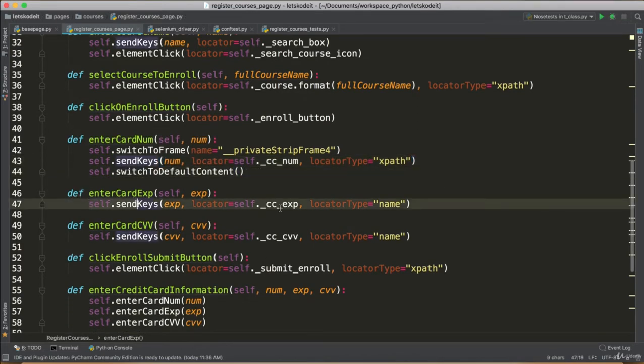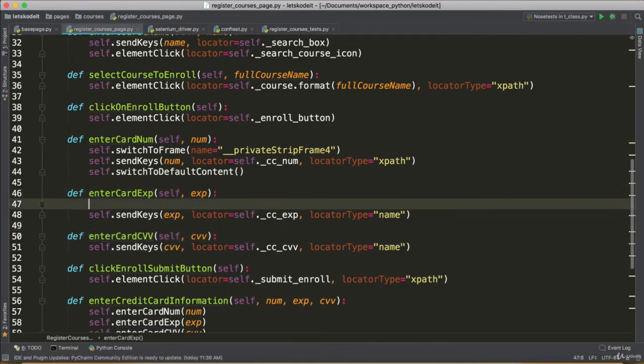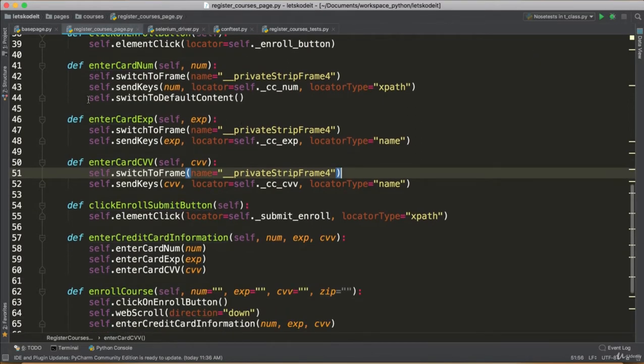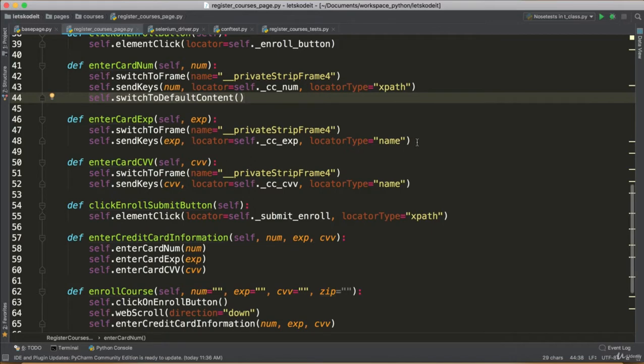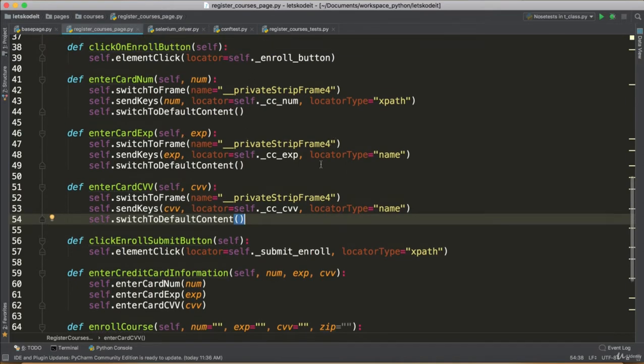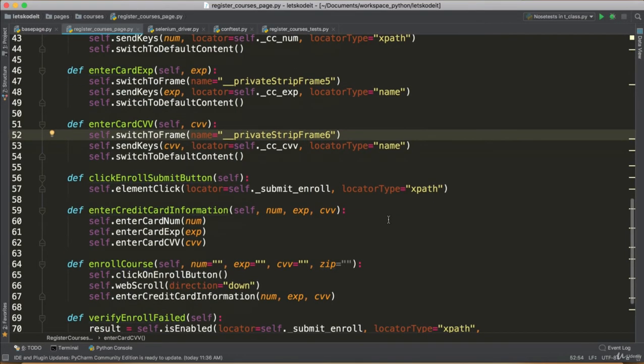Now the same thing here, instead of the ID, I'm using the name for expiration date and the CVV date. And what I'm going to do here is switch to the frame here also, and switch to default content after typing this, but we have to update the frame name. So for the expiration date, the frame name is 5, and then for CVV, the frame name is 6, and then we have to create another method called enter